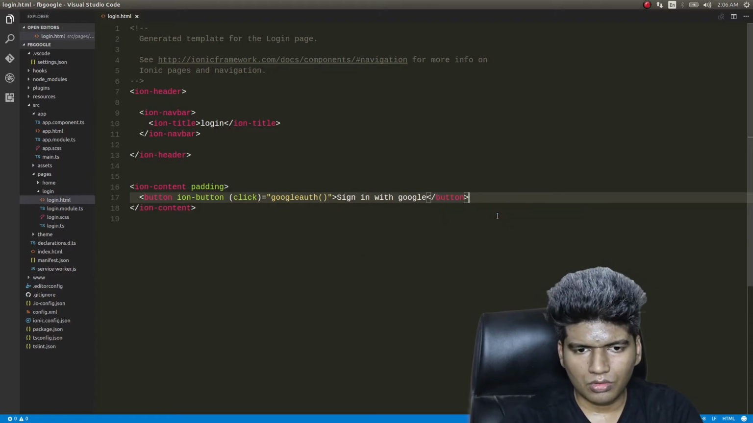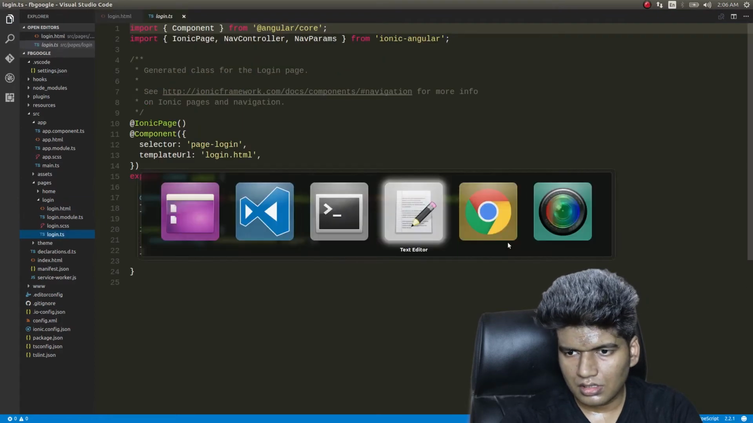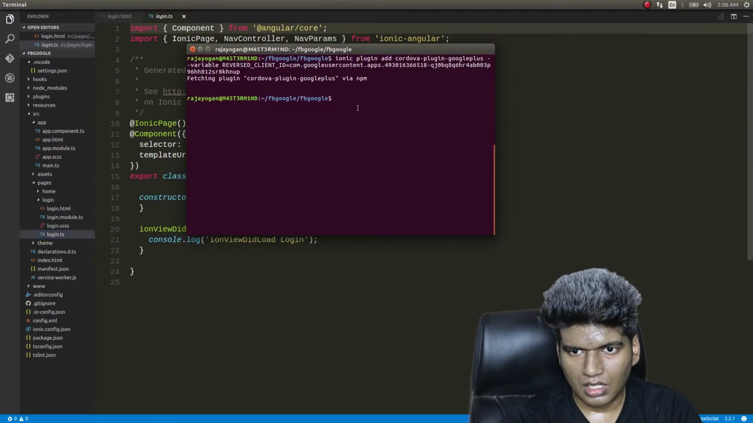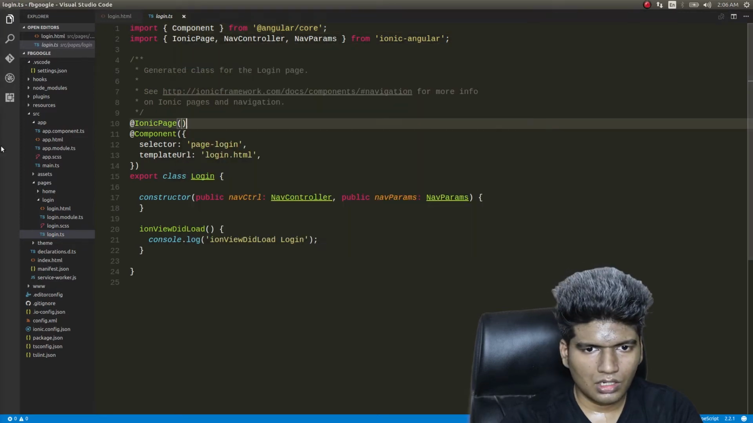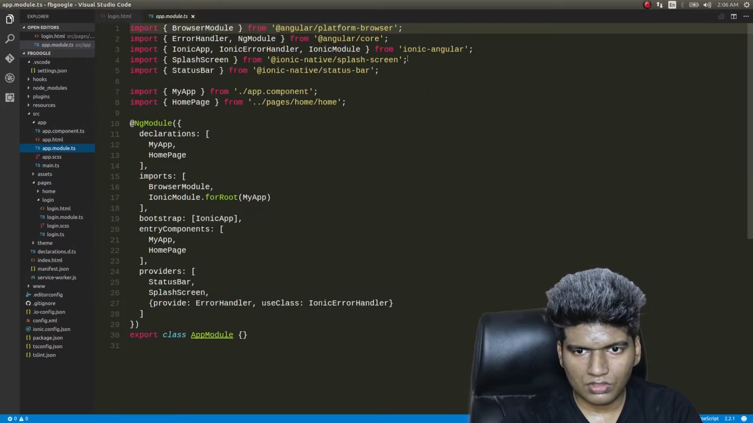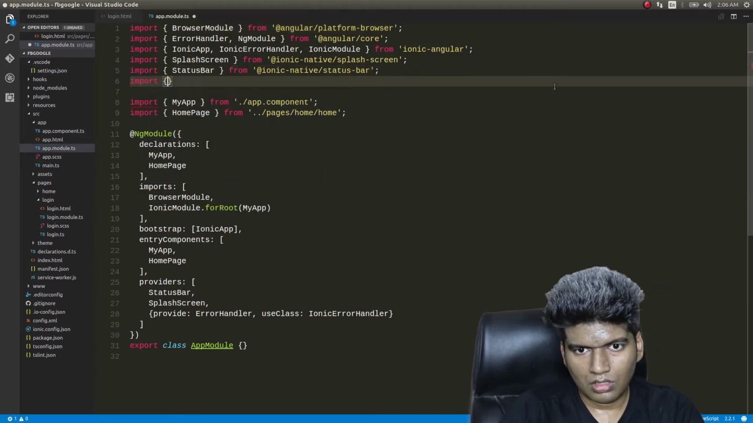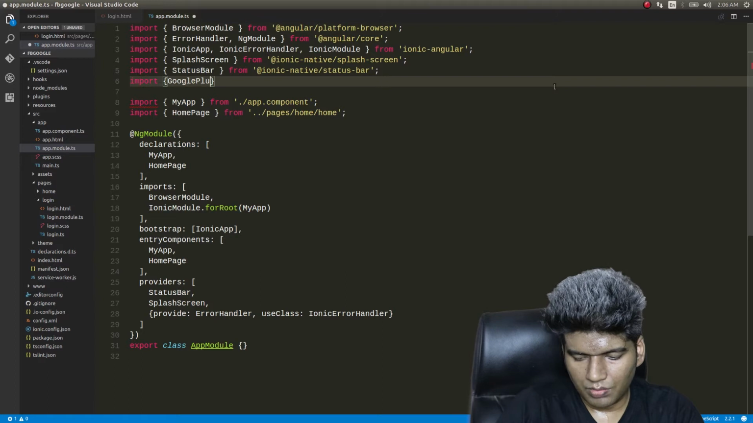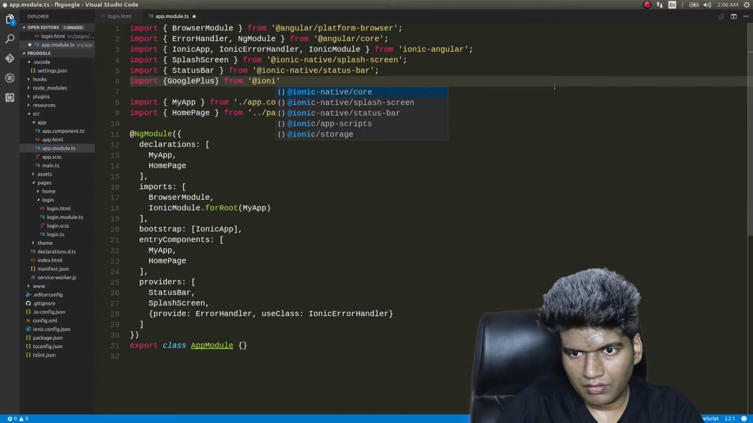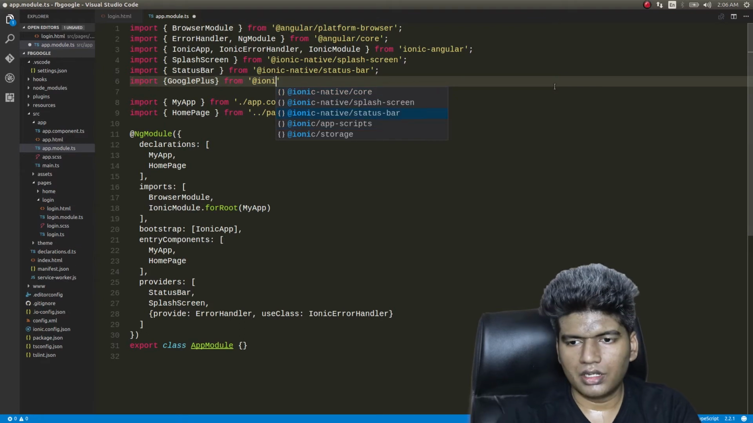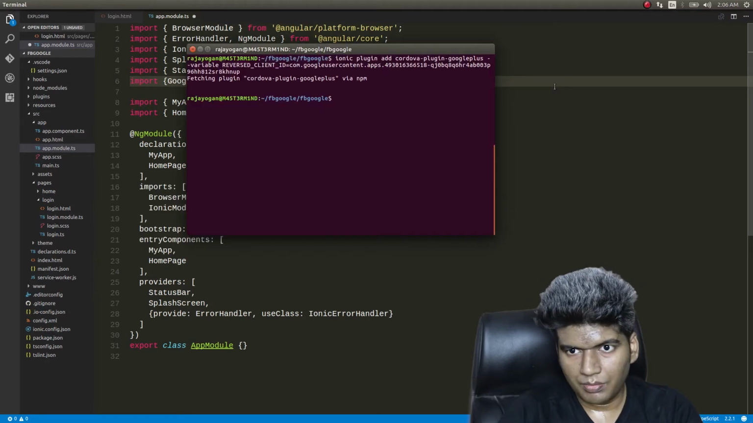Very simple piece of code. And login.ts, is this installed? Yeah, this is installed. So I'll get into app.module.ts first, and then add it as a provider. Import GooglePlus from @ionic-native. Oh, I didn't install the wrapper. npm install @ionic-native